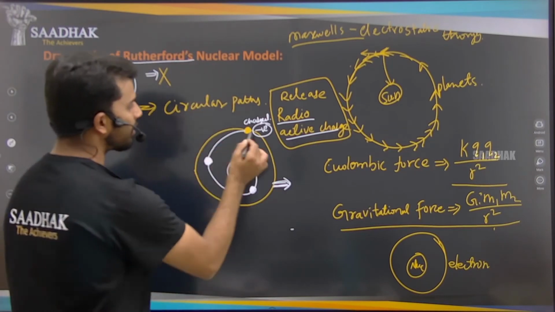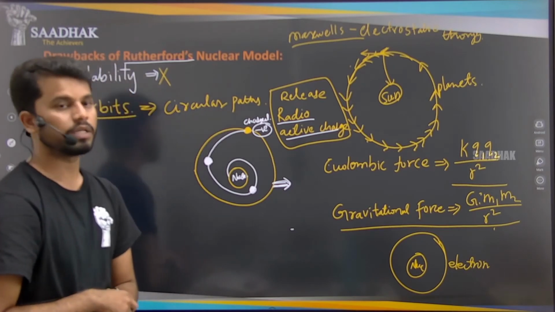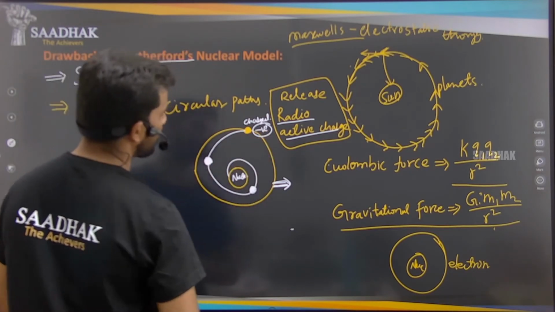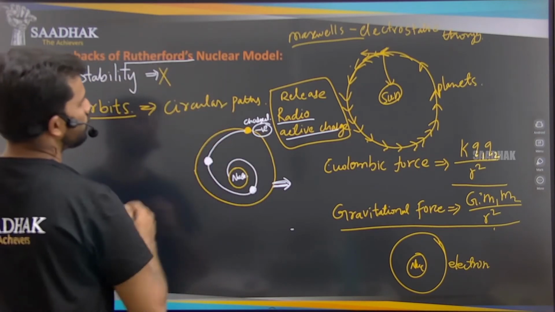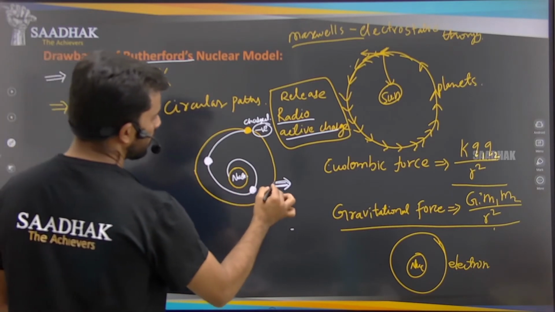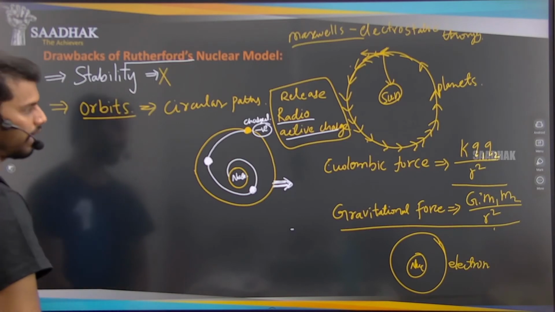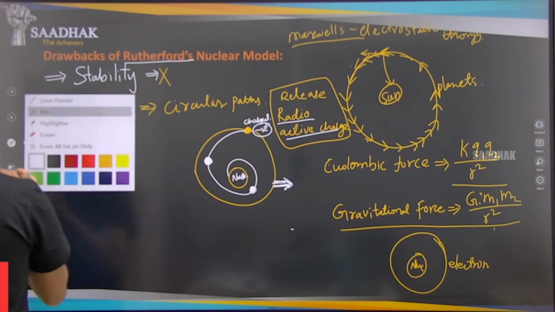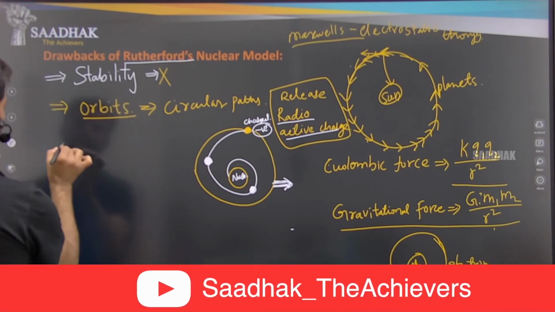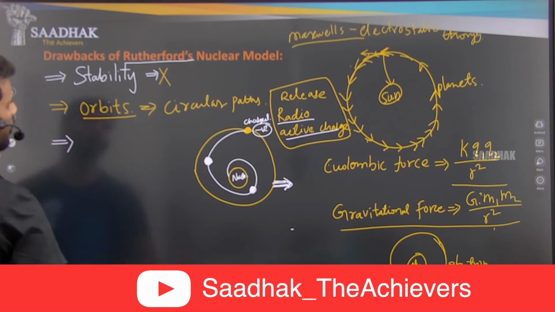But here the electrons are charged particles, right? So that's why, as these are charged particles, the Rutherford nuclear model is not giving the proper explanation for the stability of the atom, right? And another drawback of this model is